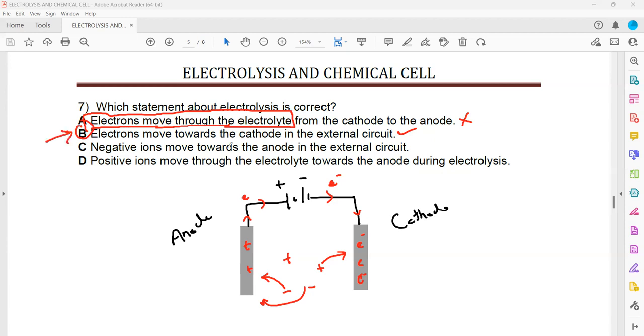Why not C? The negative ion move towards anode in external circuit. The negative ions are not moving in the external circuit. They're only attracted towards anode. Negative ion cannot move in the external circuit. They can only move through the electrolyte, not in the wire. External circuit here include a wire,